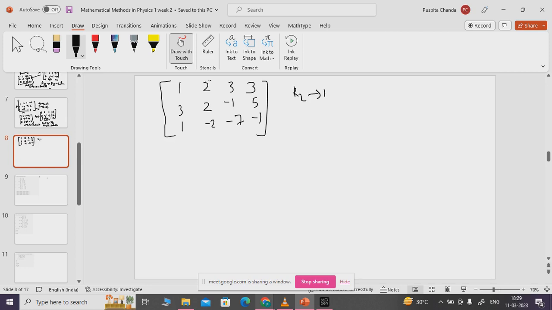The first set of commands is R2 is R2 minus 3 into R1, R3 is R3 minus R1, and we will get the form 1, 2, 3, 3,